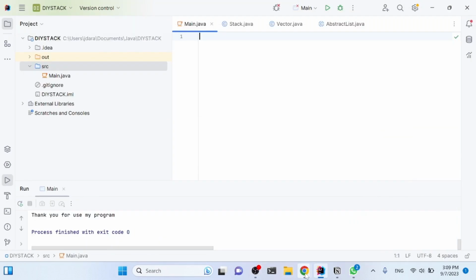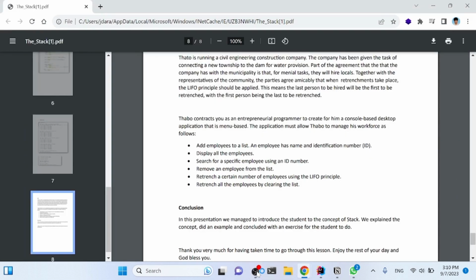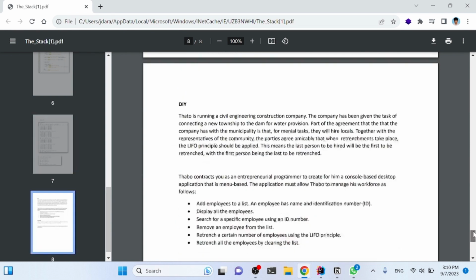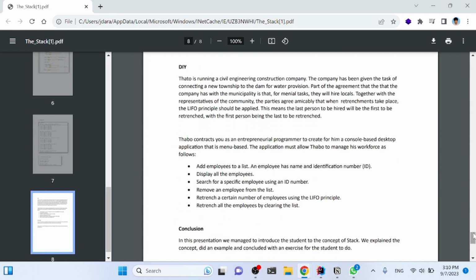Okay, so in this video, I'm going to explain how to do this. Try this by yourself. Basically, we have to create an app. In this app, I'll let the user add employees, or add elements into the list, and